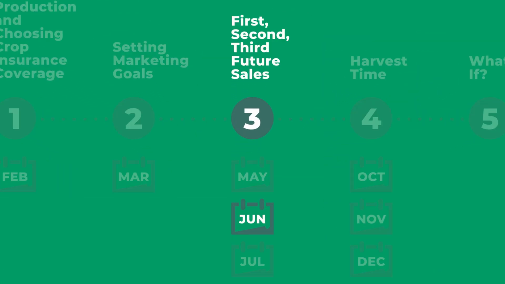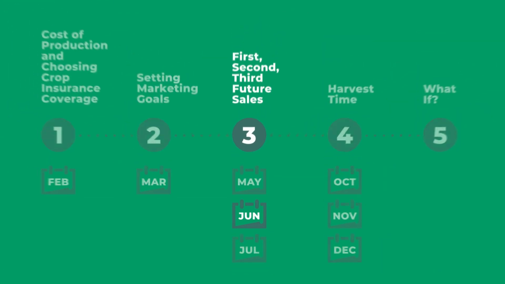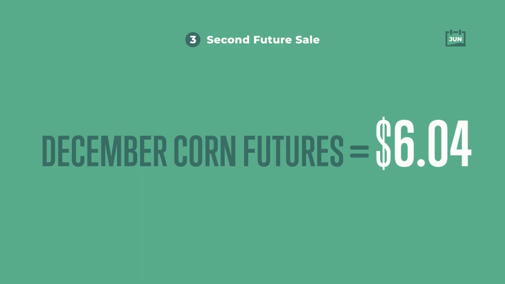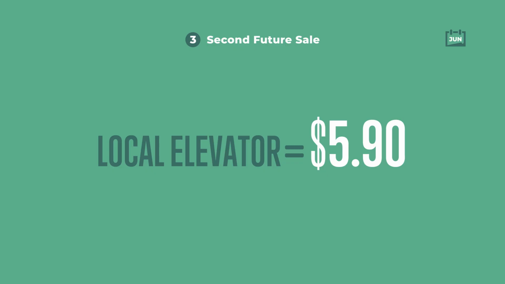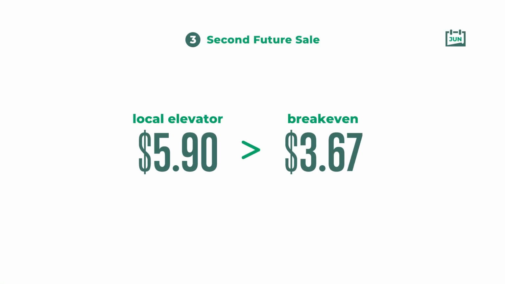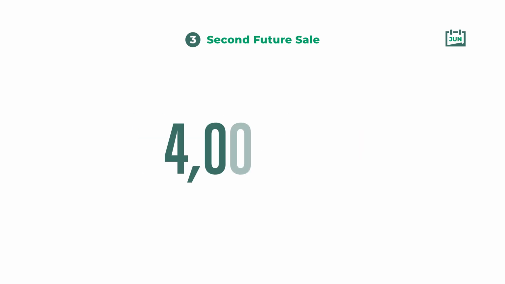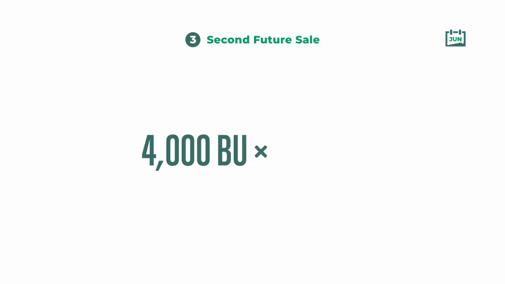You check the December corn futures again and notice this time it's above $6. So you call your local elevator and learn that their bid is $5.90, which is above your updated break-even of $3.67. You decide to sell 4,000 more bushels to deliver in December at $5.90, giving you